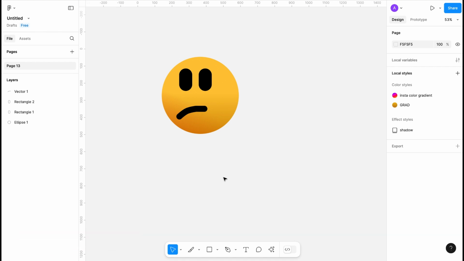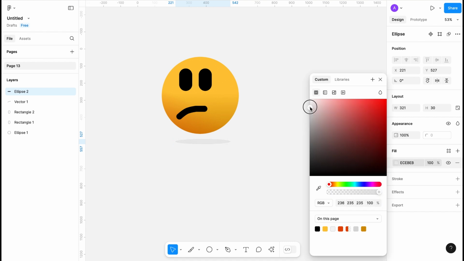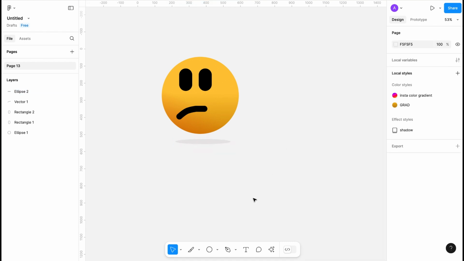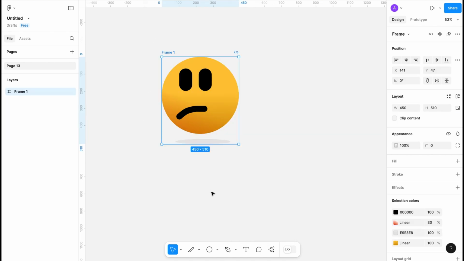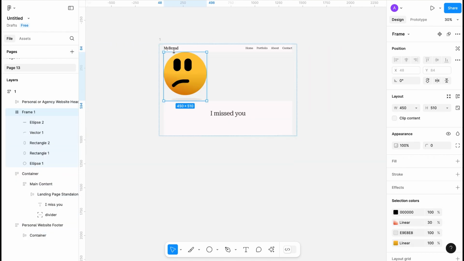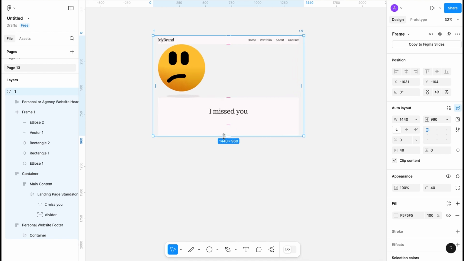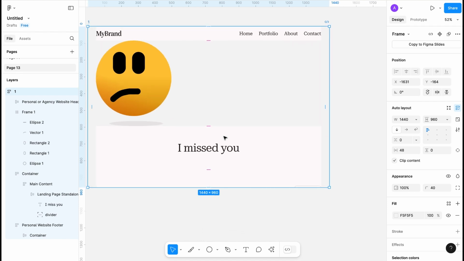One more circle here for shadow. Let's change the color of it a little bit. Now select all and put it in a frame. Let's put this design in an extra frame. Here it looks fine. Duplicate the frame